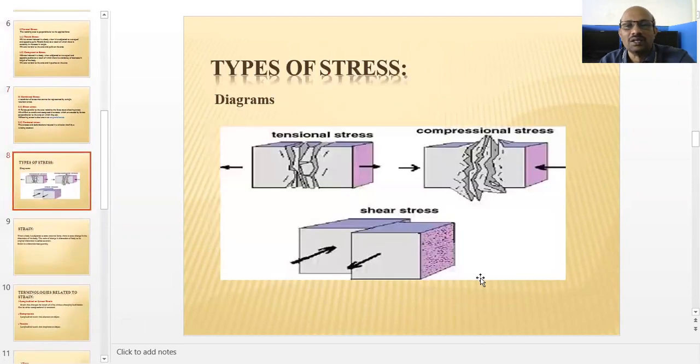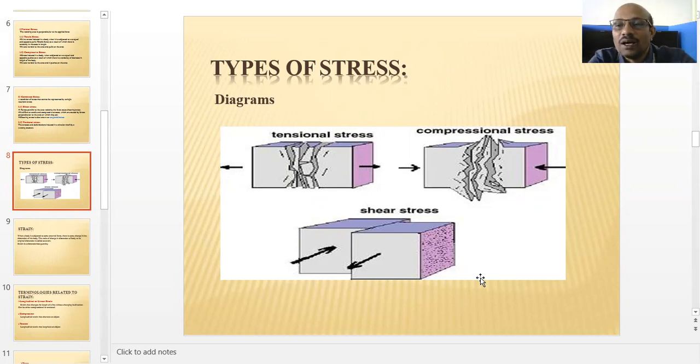Next, we saw a very important diagram, where tensile stress will be there. Whenever we are pulling two ends of the component, tensile stress will be developed. At that time, what is the resultant? The resultant is an increase in the length and a decrease in the diameter. If you take a 5 mm steel rod, 1 meter in length, and apply force, whenever you pull that rod, the diameter of the rod is going to change, as well as the length of the rod.